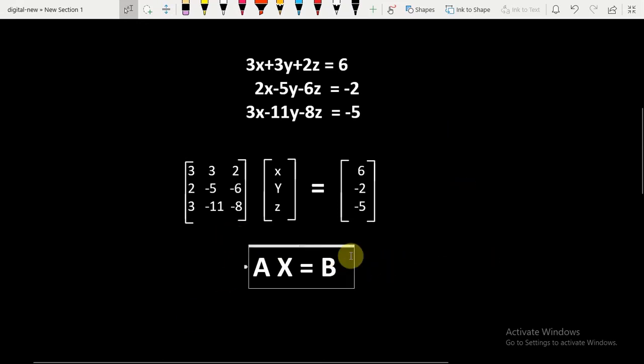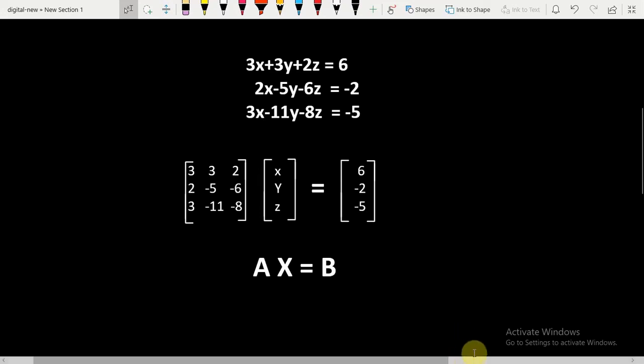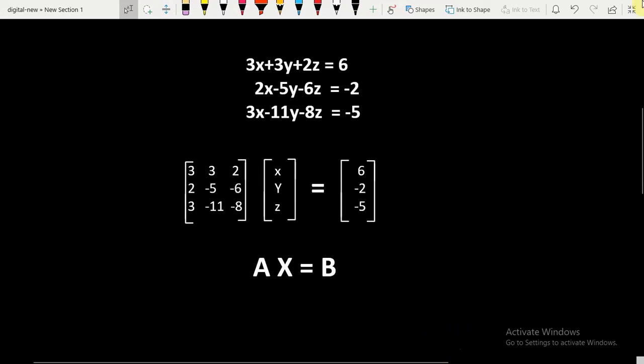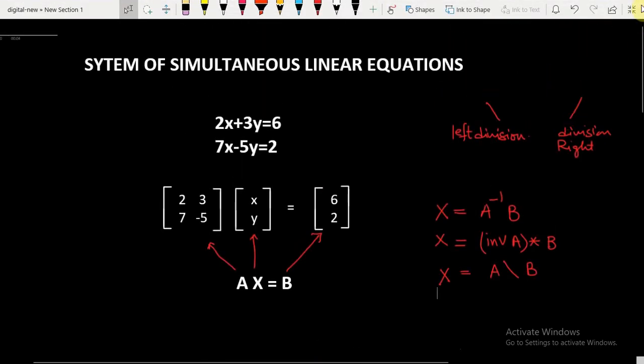Manually solving a large number of simultaneous linear equations is very time consuming. But in Scilab, this can be done in a fraction of a second. So let us learn how we can use Scilab to solve any number of simultaneous linear equations.